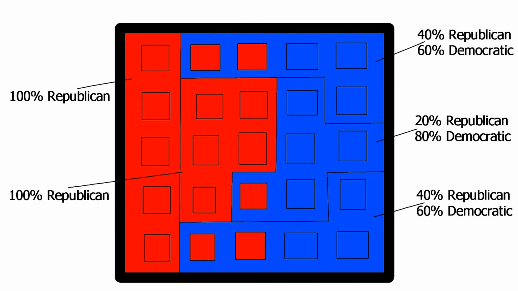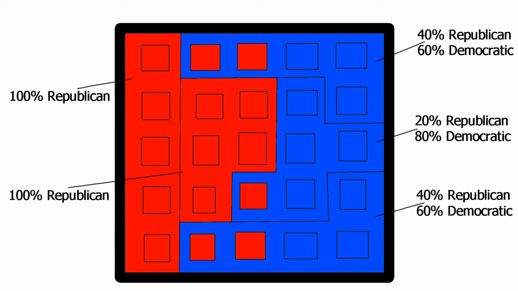If you're a Democrat responsible for redistricting, you want to focus on packing as many Republicans together as possible. That way, votes that could have been used to get a majority vote within a district end up being wasted. You only need 3 votes to win a district of 5, so in each of the 100% Republican districts, they're